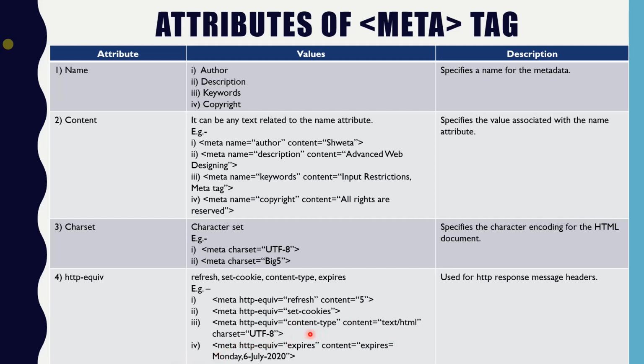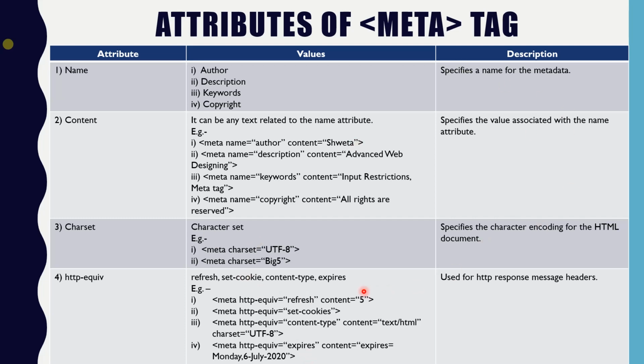Okay, lastly we can say that http-equiv is equal to expires, content is equal to Monday 6 July 2020. Now what this actually says is that whenever you want to expire your web page, if you want your web page to be there for this many days, then after that day it should get expired or deleted. So for that purpose you can use this option. When you write here the date and the timing, at that time and on that date your web page will get deleted or expire. So all these are the attributes of meta tag.